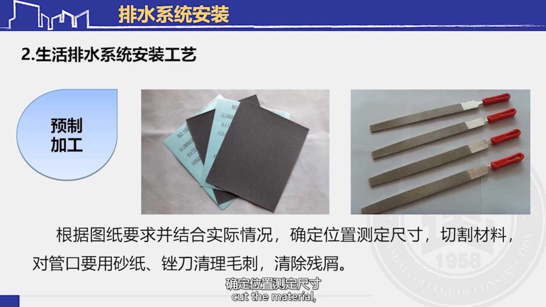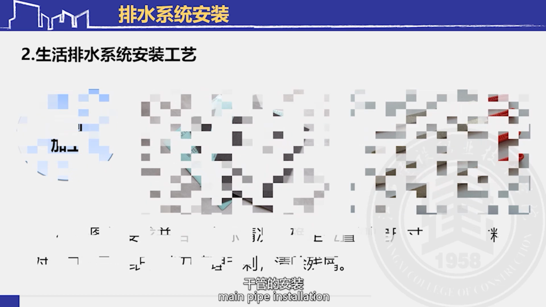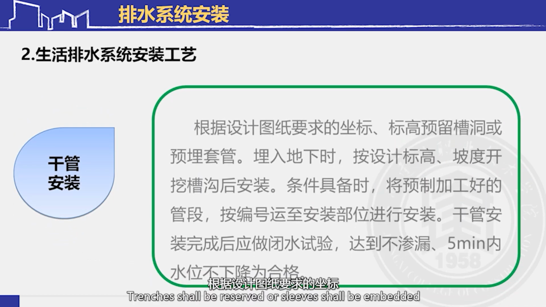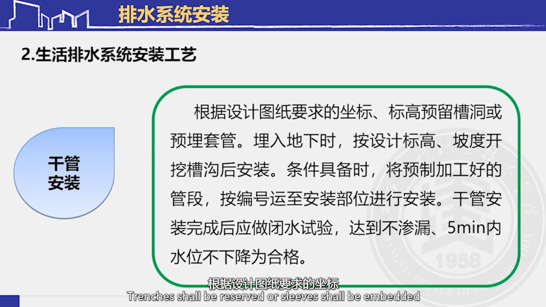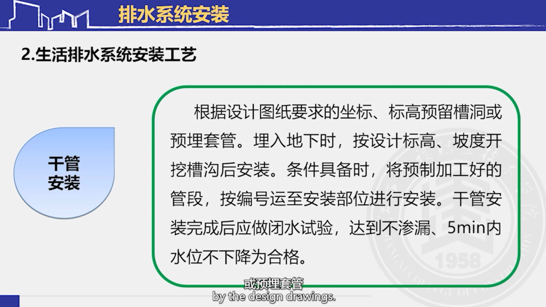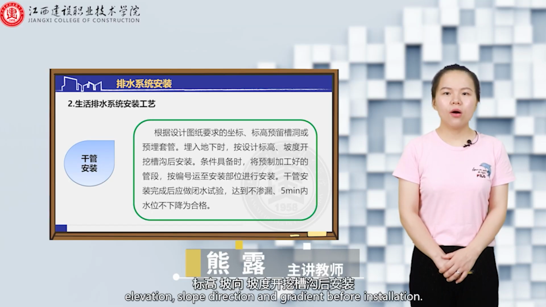Cut the material and use sandpaper and a file to clean the burrs and remove the debris at the pipe mouth. Main pipe installation. Trenches shall be reserved or sleeves shall be embedded according to the coordinates and elevation required by the design drawings. When buried underground, trenches shall be excavated according to design coordinates, elevation, slope direction, and gradient before